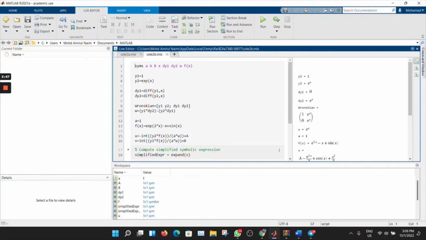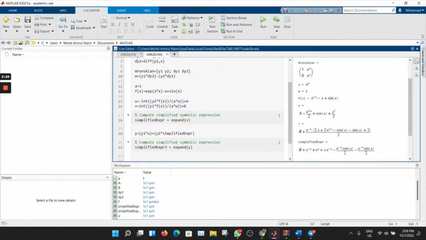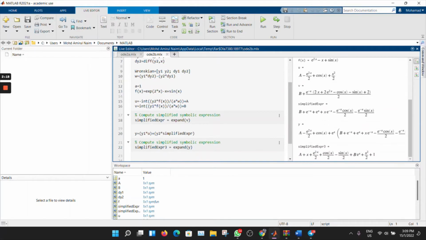first we determine a, b, x, dy1, dy2, w and the function of x. So y1 is 1, y2 is e^x, and then dy1 is equal to 0, dy2 is equal to e^x. So the Wronskian is 1, 0, e^x. So the Wronskian is e^x, a is equal to 1. So if you can see